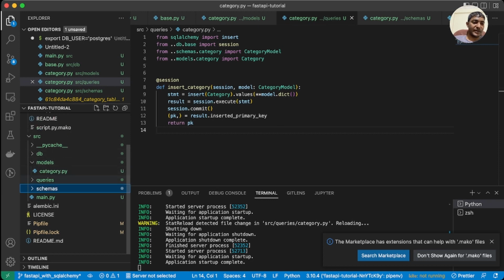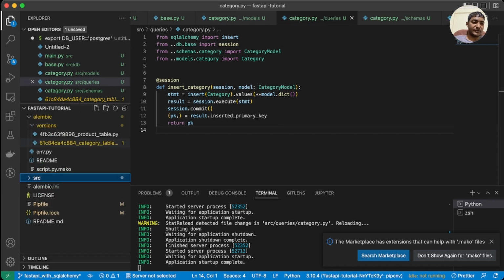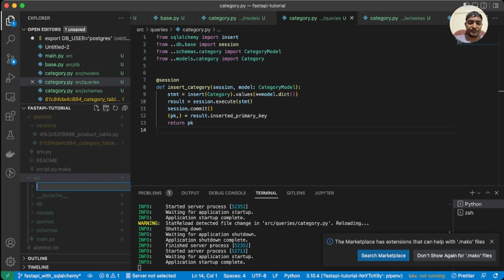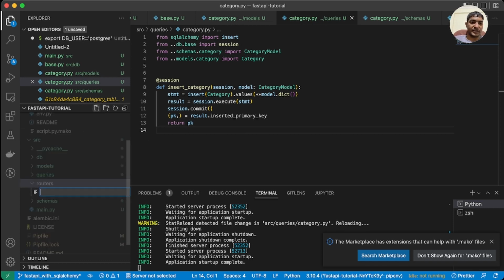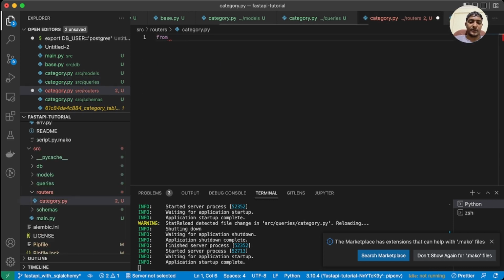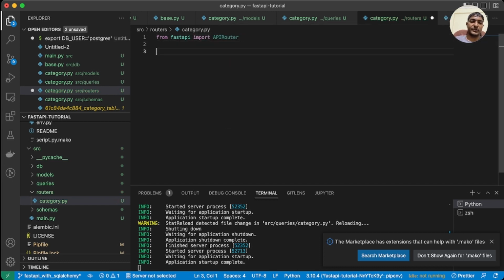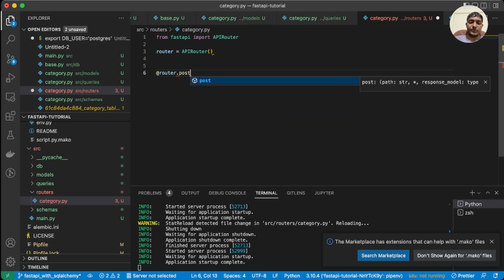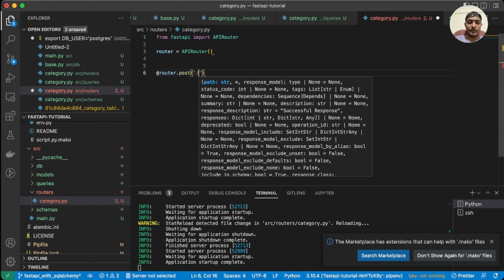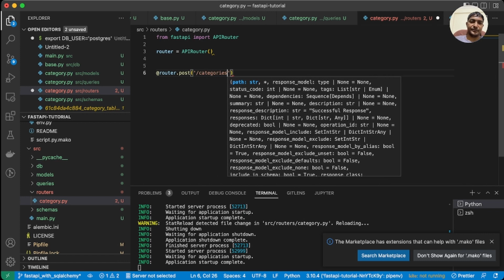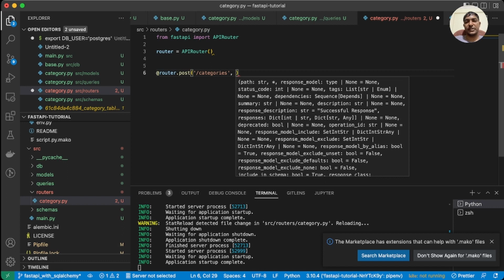We need to create routers. Let's create a directory routers, and we need to create a file category.py inside that. Now let's import from FastAPI, import APIRouter. Let's create the router. Now we have the router. Let's define the endpoint. Router dot post categories, and this is a post endpoint, so we need to return